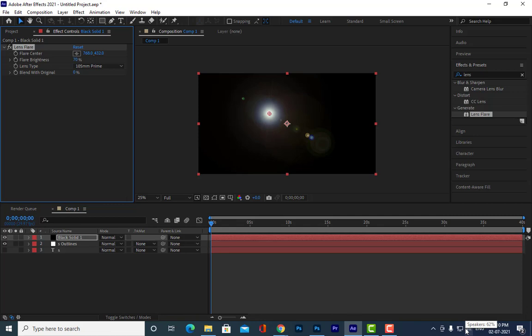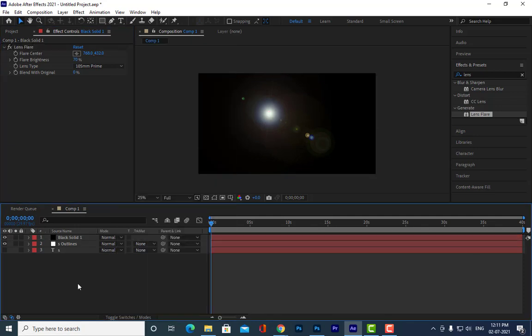Okay. Now the next step is, even though I applied the lens flare to this solid, I am not able to see the text because this background is covering the text. So I am going to select a blend mode. One thing I want to tell you, if you can't see the blend mode options, you have to click on this toggle switches.